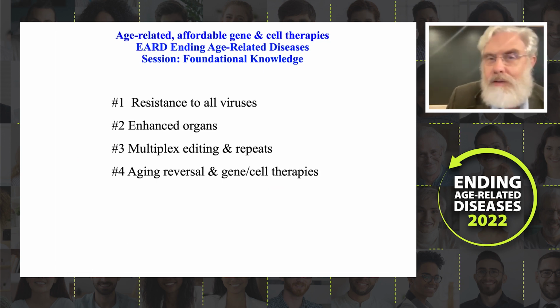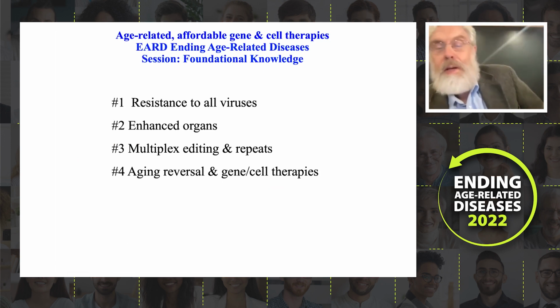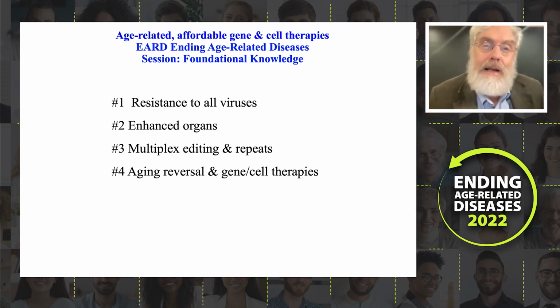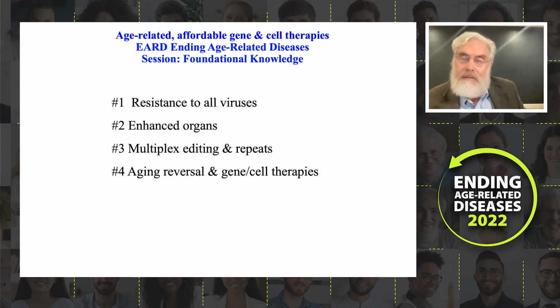So I've explained some of the logic for why we think we can get and have gotten resistance to all viruses, all naturally occurring viruses in one organism. We're actively trying to get it to work in